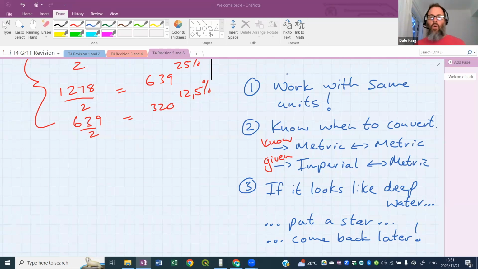You might, looking at it once, think, oh, actually, I know what to do here. Or you look at it and you're like, I know what to do. Oh, no, hold on. I don't. Okay. You feel unsure. Leave it. Move on. Put a star there. Leave half a page in your answer script. Move on to the next question. Okay. If it is the last question, the deep, deep, dark water question, then you go back to the beginning